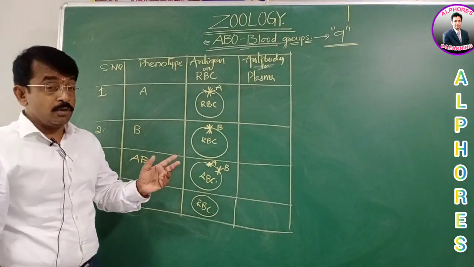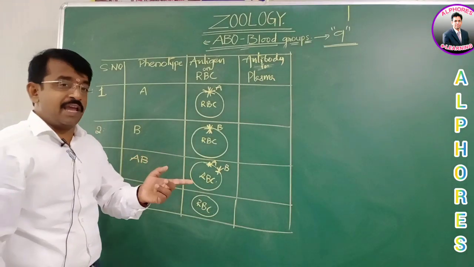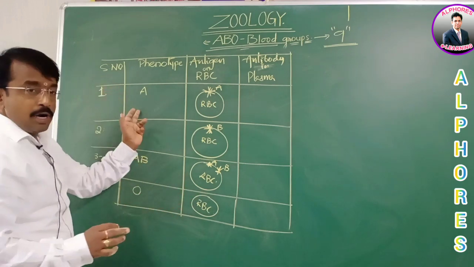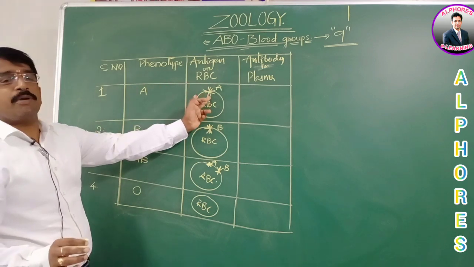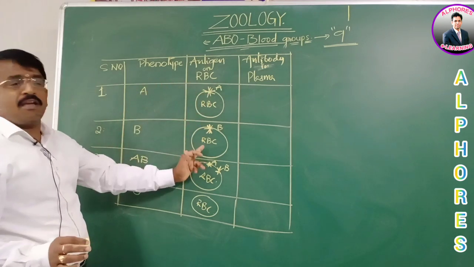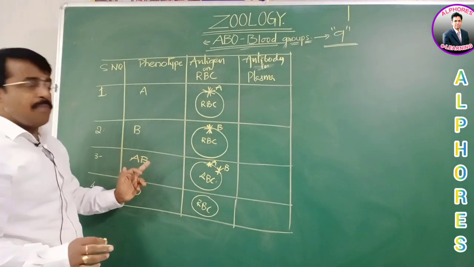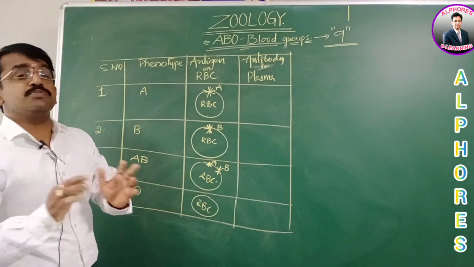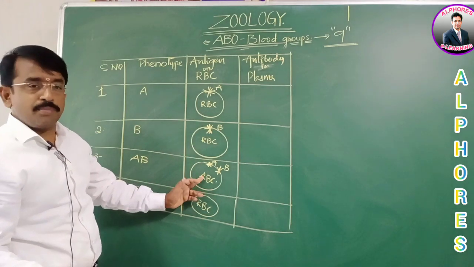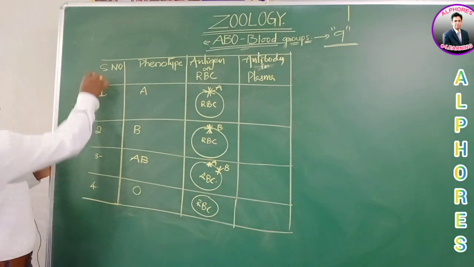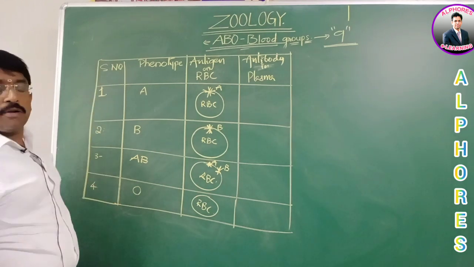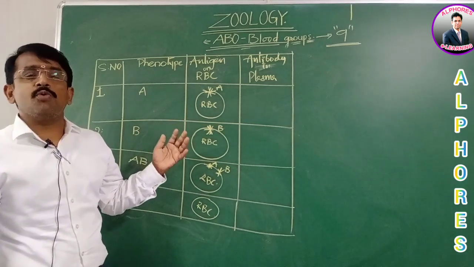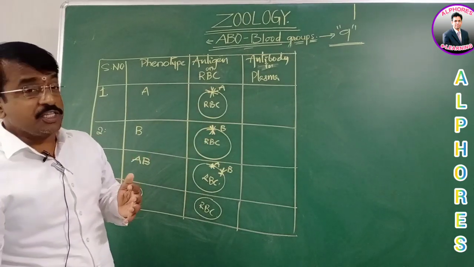So we have the possibility of either A or B, both, and none. A blood group is with the A antigen on its RBC. B blood group is with the B antigen on its RBC. AB blood group is with A antigen as well as B antigen on its RBC plasma membrane, whereas O blood group doesn't have any antigen on its RBC. This is how we see the A, B, AB and O phenotypes. And at the same time,